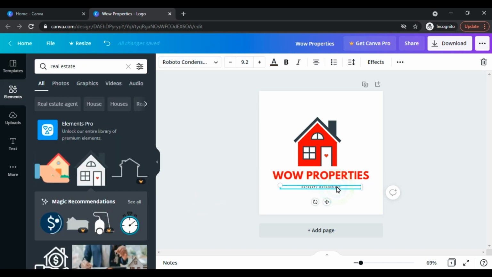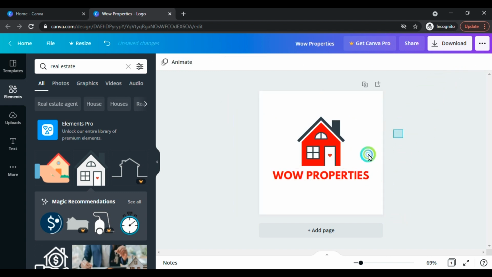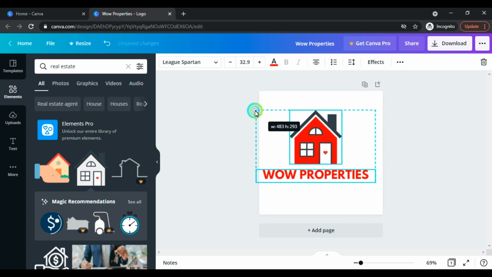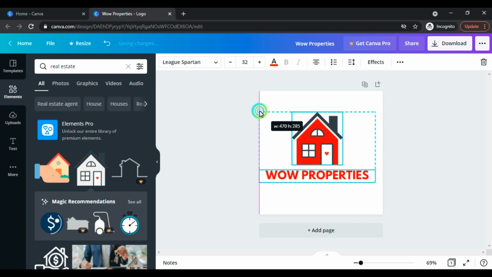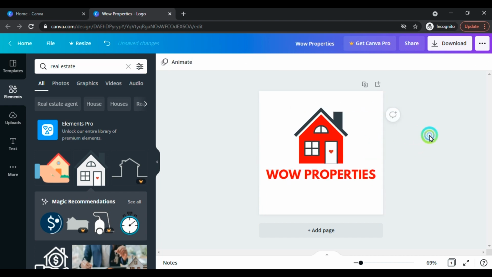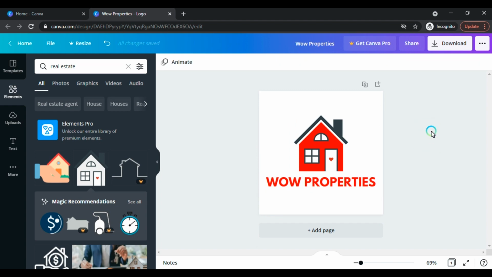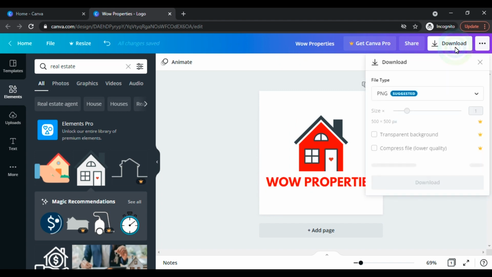And if you want to keep a tagline, you can keep it, or else you can directly delete that element. Make it in center. Try to increase the size. Select the complete logo. Once the logo is completed, you can directly download it, and we can use this logo for your websites or for your Facebook profile photo, wherever you want.